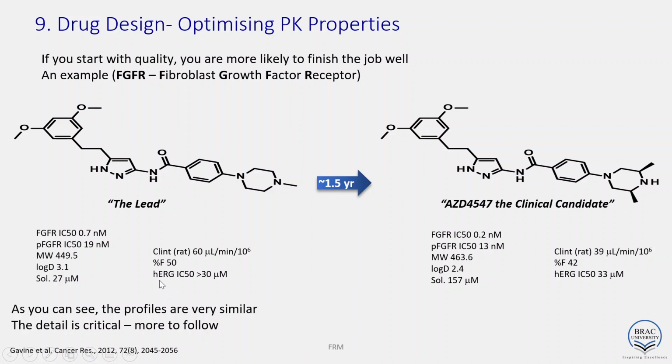Another important parameter is this one, hERG. We will discuss more about this hERG. It is another receptor which is mainly harmful. If our drug inhibits this receptor, it is associated with fatal cardiotoxicity, which is not good. Our drug could inhibit this receptor, but it needs to be at high concentration. So 30 micromole of our drug or lead is required to inhibit the hERG